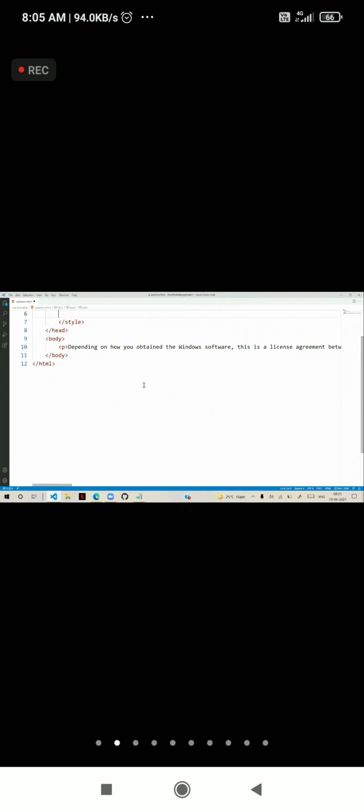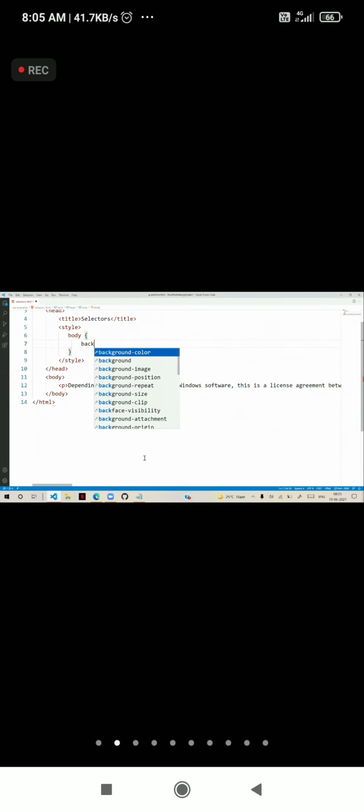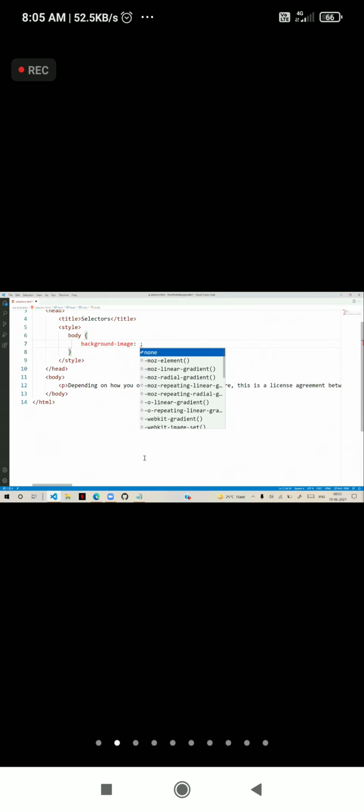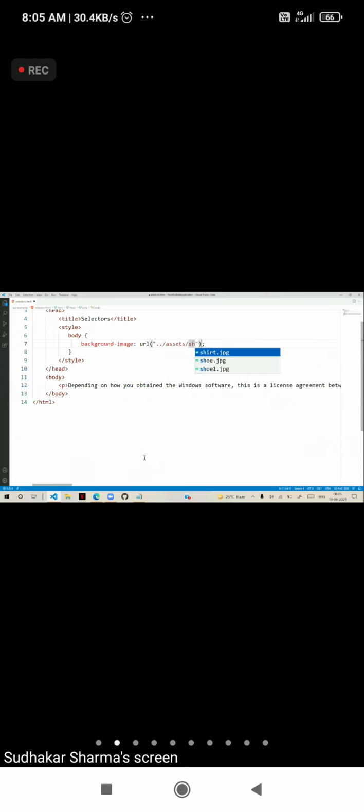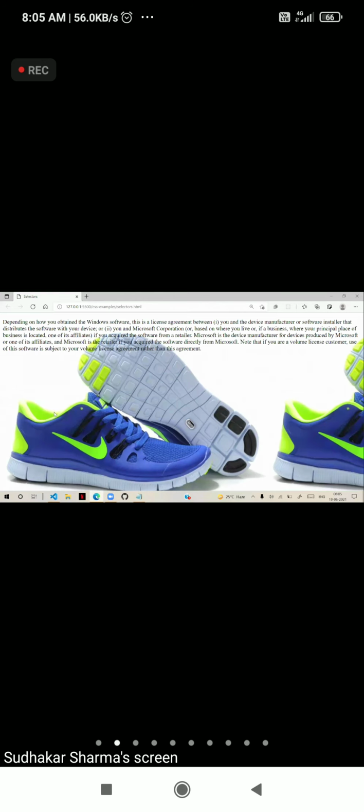Actually, for the body background, I have given a background image. Later we will learn background images in detail. Here, temporarily, like border image, background image is shoe.jpg. You can see the background image will come like this. How to repeat and all, we will discuss.